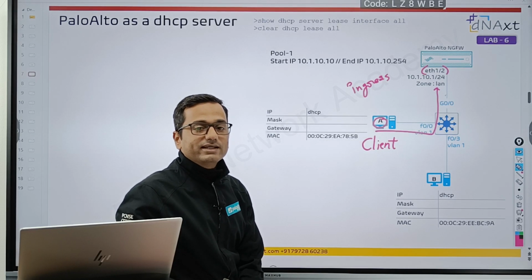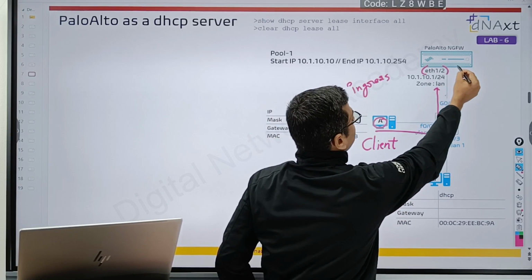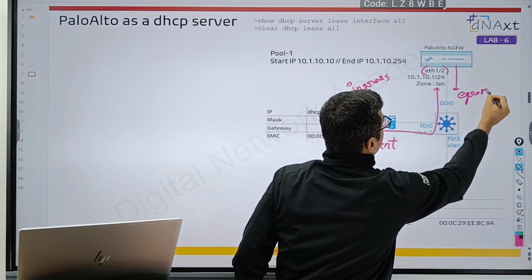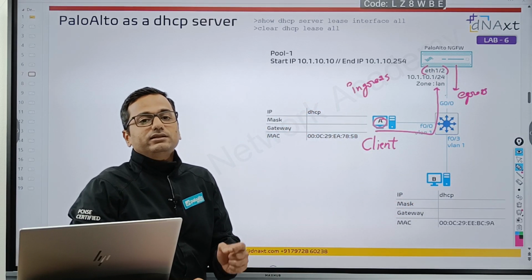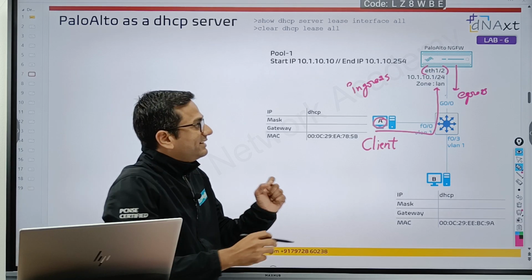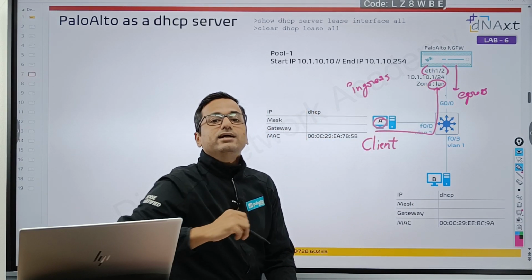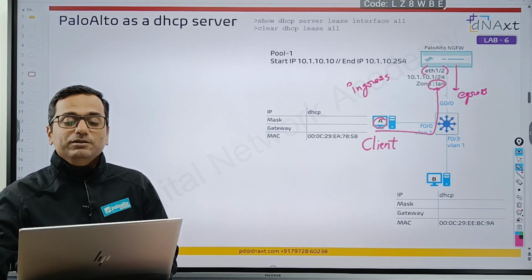When the Palo Alto firewall responds with the offer, the egress interface is also your Ethernet 1/2. That is the reason in the traffic logs you can see source zone is LAN, and destination zone is LAN, and service DHCP.